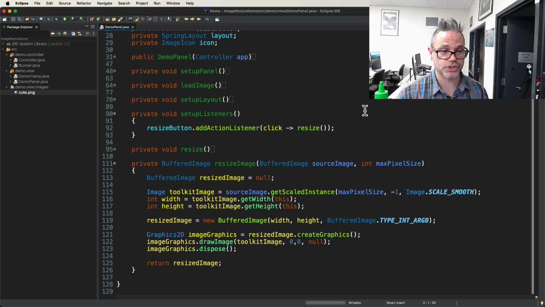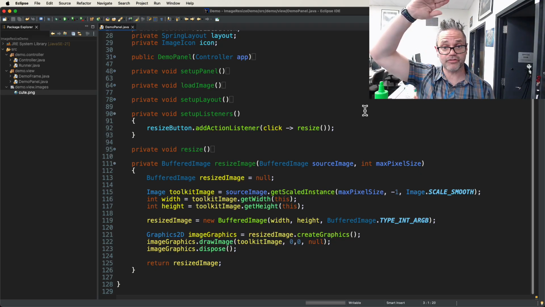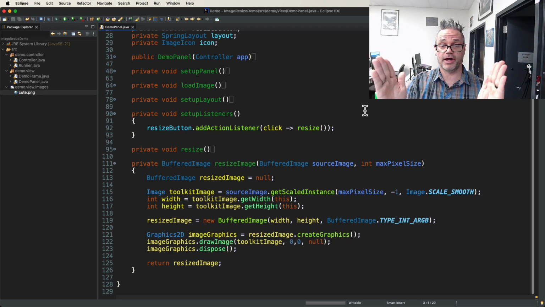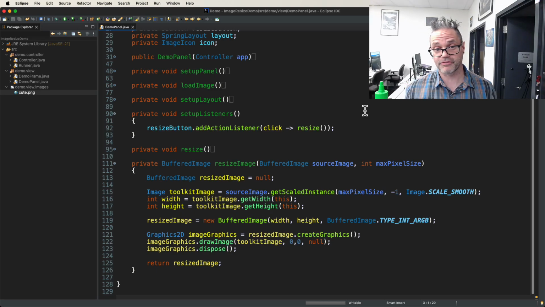I call it toolkit image, which is the source image where I do the get scaled instance. I pass it the max pixel size, which is that parameter I sent up above, which is the maximum width I want my image to be. But my second parameter, I assign -1, which matches the height of the image to the appropriate width that we specify. And because it's -1, it automatically calculates that for us. Great, easy stuff. And finally, that third parameter, image.scale smooth, I want a nice clean transition of the image